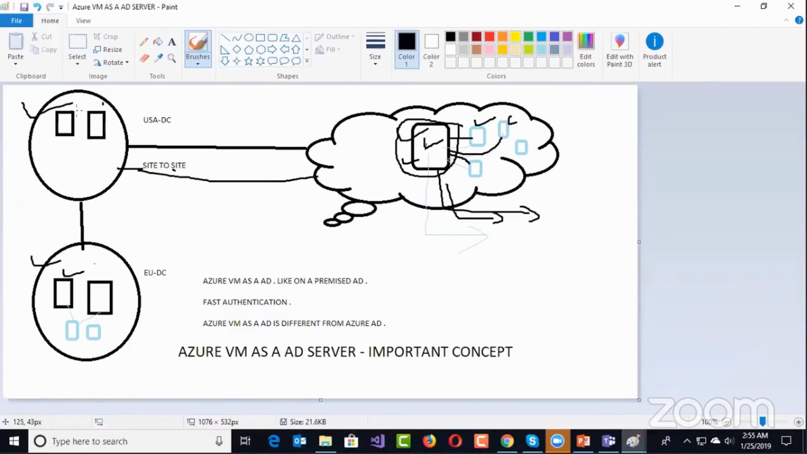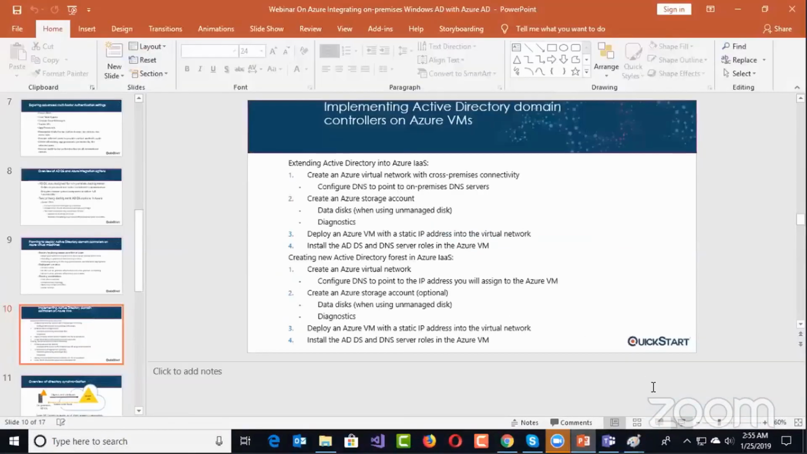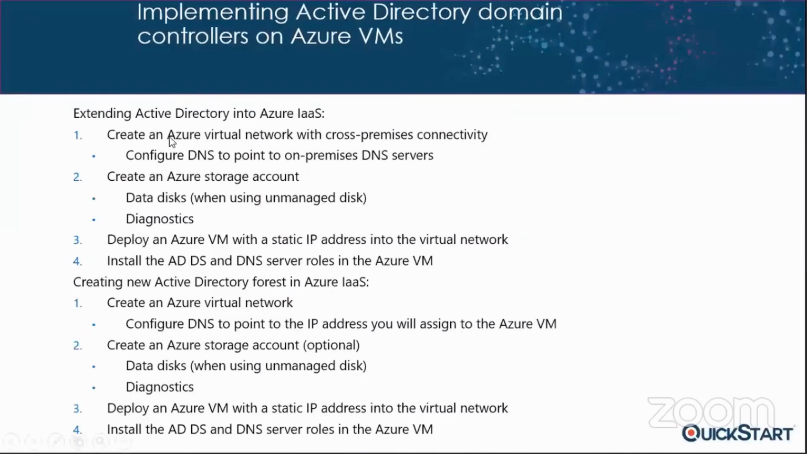To join any machine to a domain, we need two things. One is connectivity, and second, the servers should talk to the right DNS. So the first step is connectivity and the custom DNS. After that, I can join the machine. So create a network, create a storage, create a VM, the general steps. And finally, we need to make sure we configure DNS to point to the on-prem DNS. That's the way I can join any